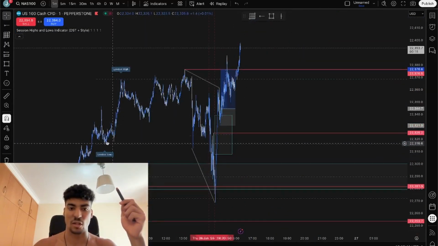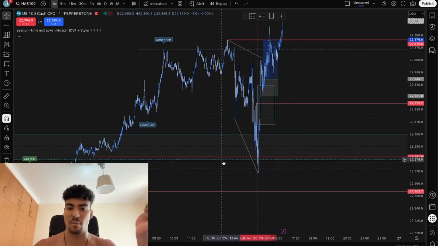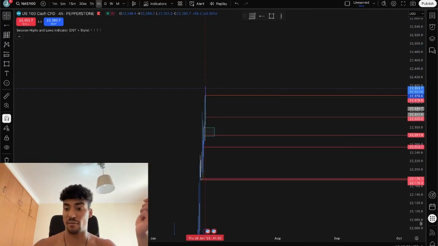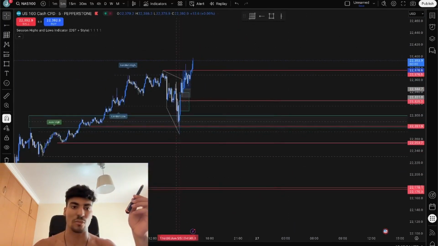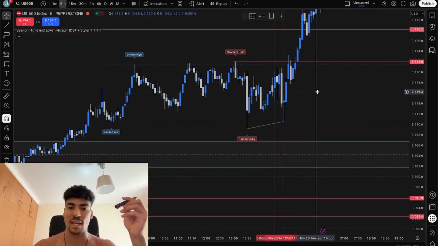But yeah, London session low got swept pre-market. We went down, but buyers were still up. We were feeling equilibrium, we were feeling the 4-hour fair value gap, key levels. And then what we are targeting, all-time highs. Boom, we did that. On ES, even though we have the lagging index, you could have